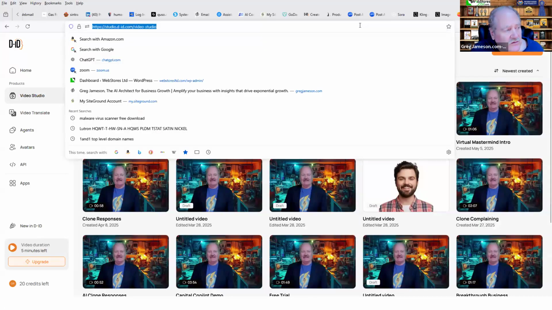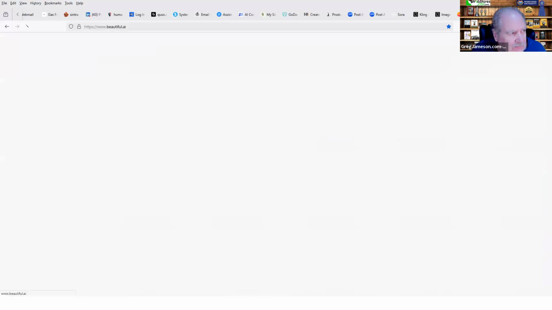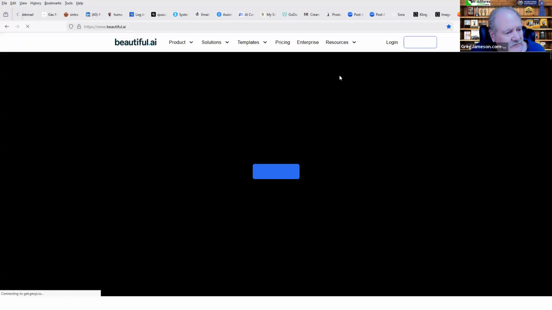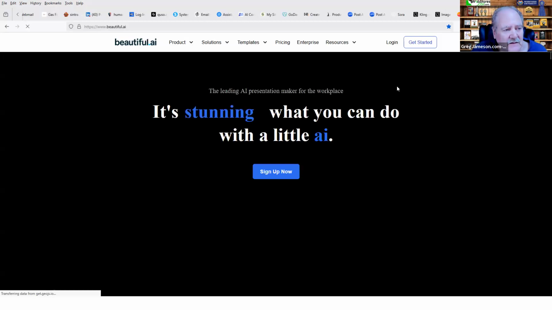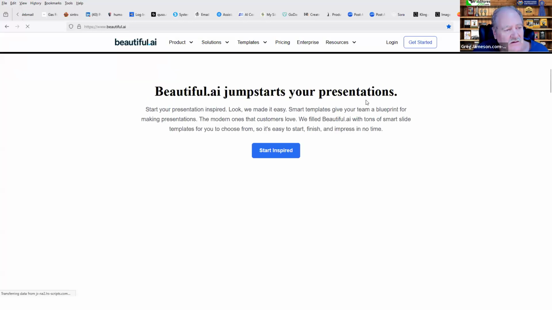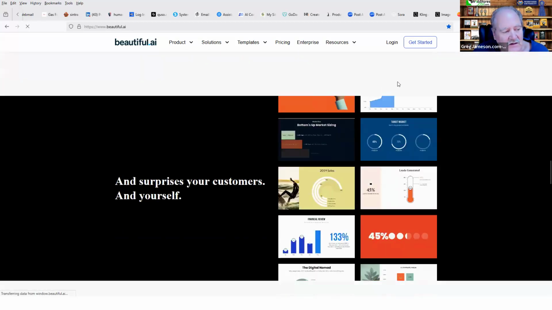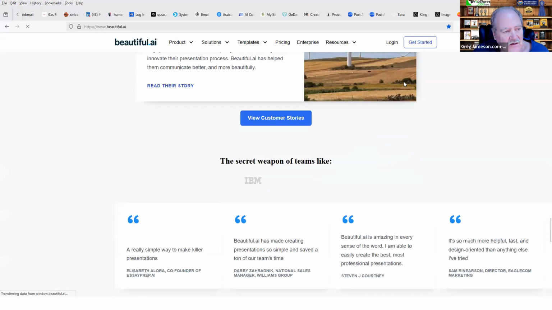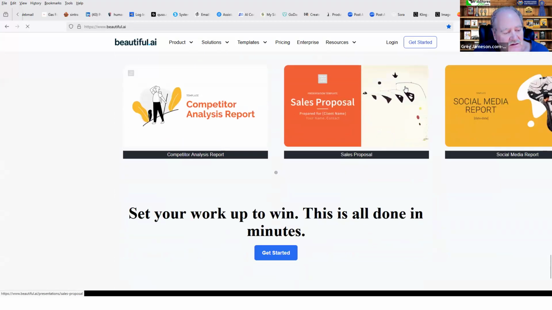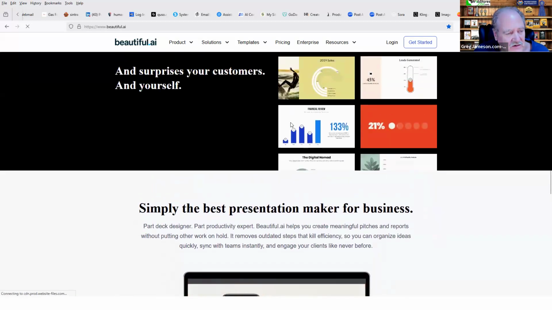So I'm just going to go to beautiful.ai. Typically what they want you to do is to sign up, which you can obviously do, but you can slide down and actually, at least you could do this the last time I was on here.